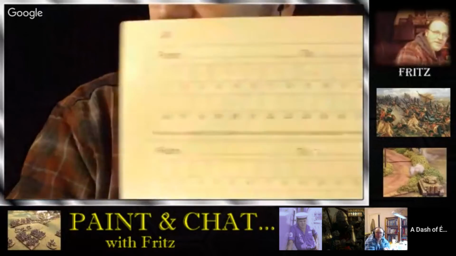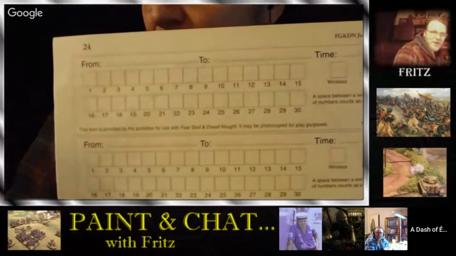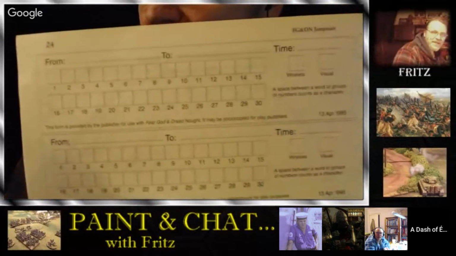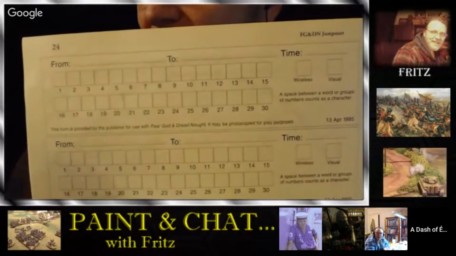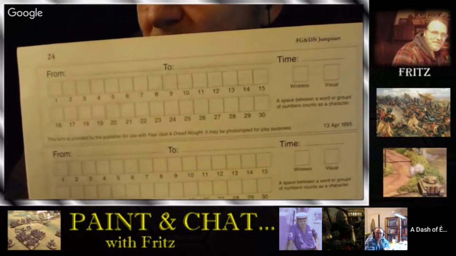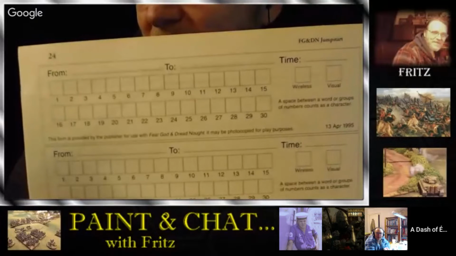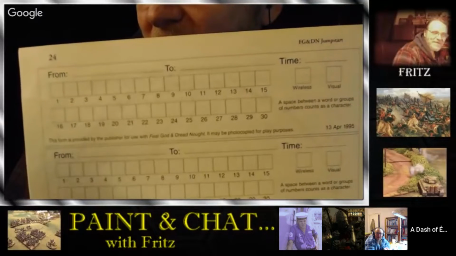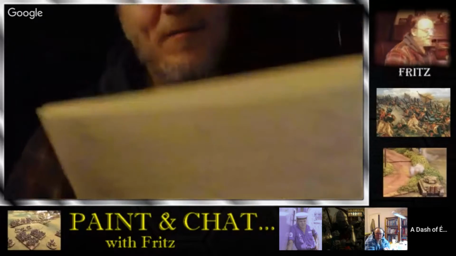And here's generic messages you can also send. It's a very similar format. Again, it's 30 characters: from, to, and the time, wireless or visual. And you just fill in the blocks with letters. Yeah, so they're actually simulating flag hoists. Yeah. Each block's a flag. Each flag's a letter. There's different forms of. There's the flag, and I think there's